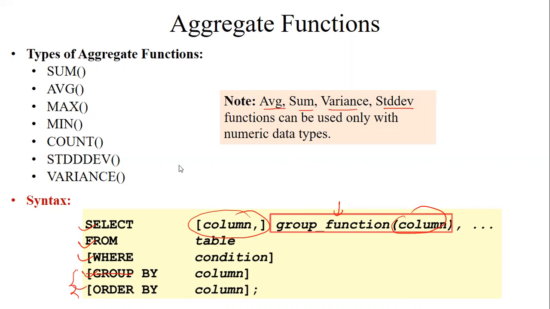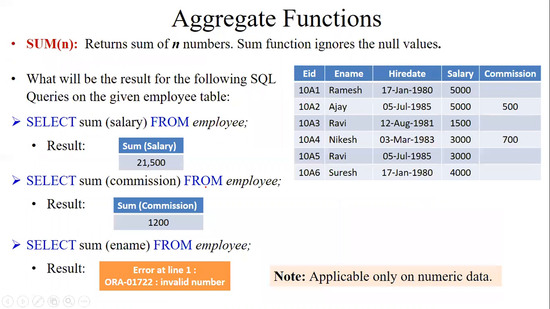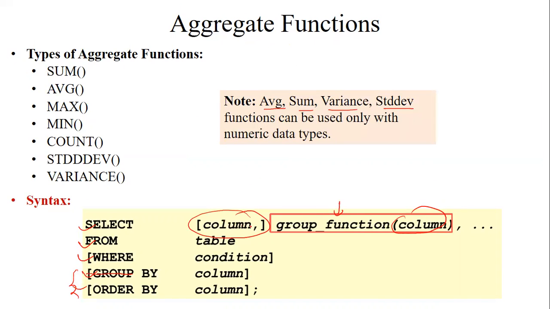Yes, sir. Okay. So you can utilize the aggregate function on a column. Whenever you are applying an aggregate or group function on a table, you specify a column in brackets and apply the aggregate function there. Also note that some of these functions can only be used on the numeric data type; the rest you can use on other data types.